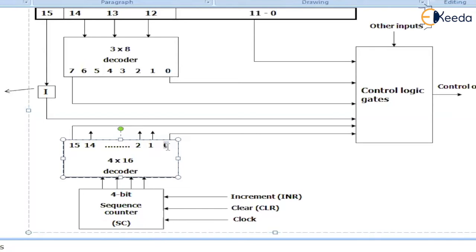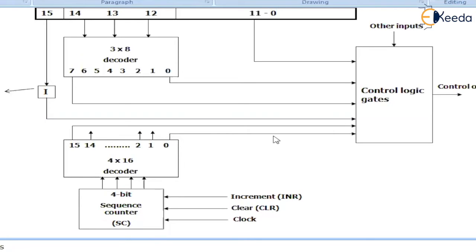In fact, it is T0. I will call it T0, and the output 0 is enabled. T0 is enabled. Okay. Then 0001, T1 will get enabled. I hope you got it. The clock will release the clock pulse, and then the sequence counter will start counting the first clock pulse, that is the 0th clock pulse. Then it gets connected to a decoder. The decoder is going to decode the pulses from T0 to T15. Rather than calling it D0 to D15, I will call it T. T stands for time. Time pulse 0 to time pulse 15.